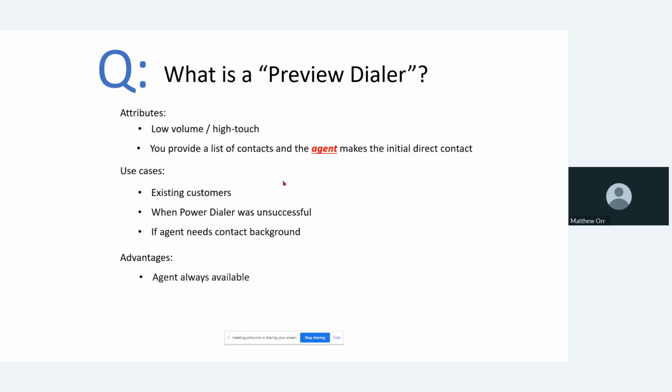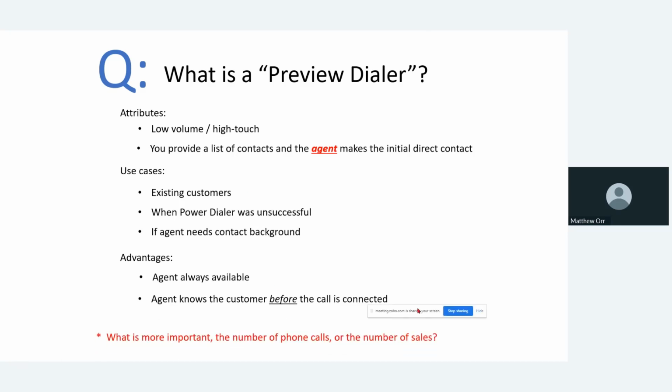Okay, so again, some of the advantages is that there's always going to be a human being at the other end of that phone when that person answers the phone, and the agent knows all about the customer before the customer answers the phone. I mentioned that this is a low volume dialer, and